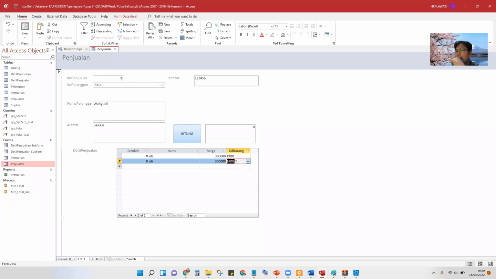If we add a new one, we would have the same primary key combination of two identifiers. So we only add, for example, 2.